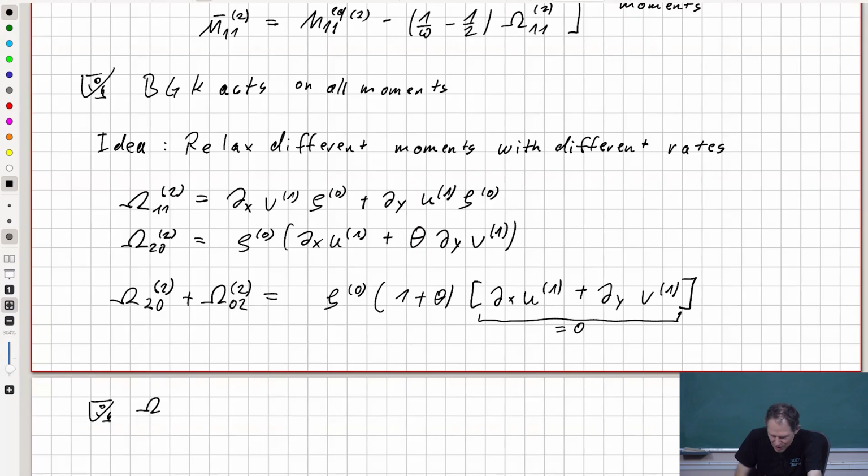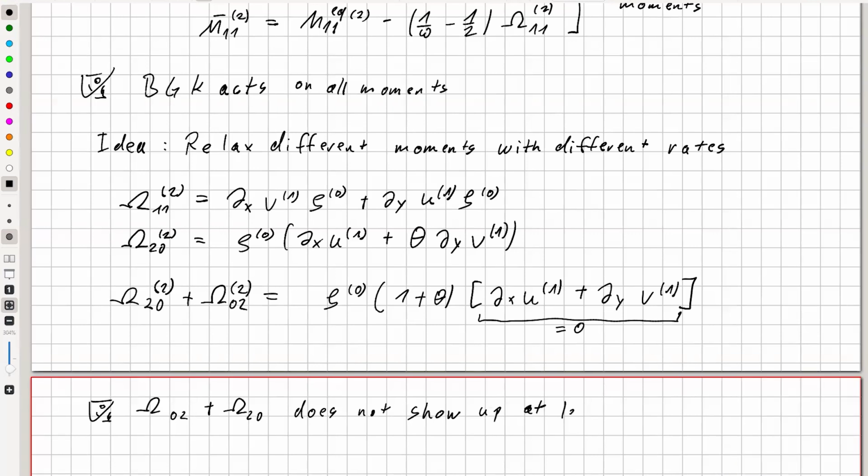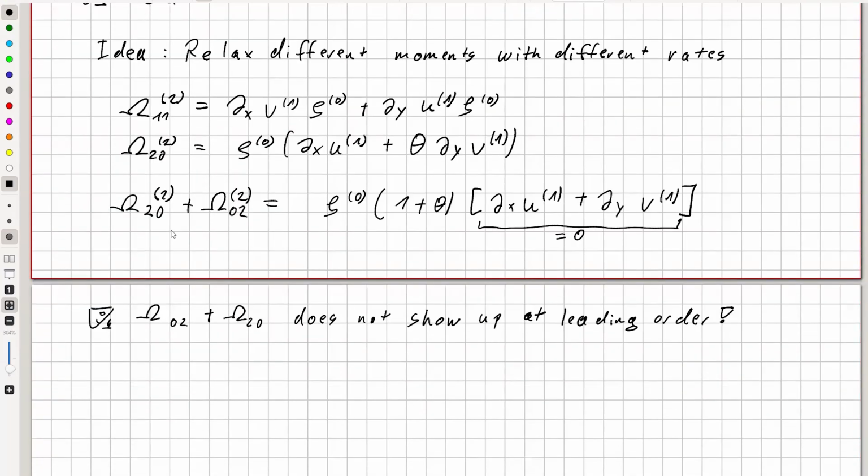I just wanted to write down here that this does not show up at leading order. You are completely right. This is not in the governing equation, but this doesn't keep me from separating it out, because what I have to do now is to say that the difference between the two